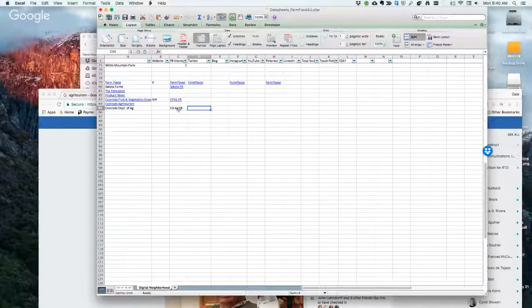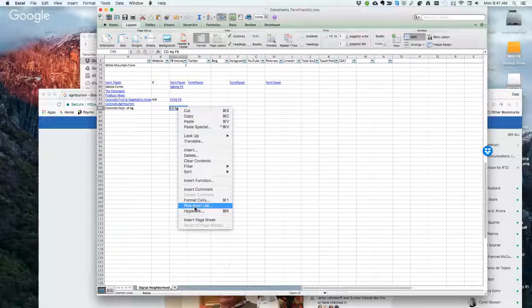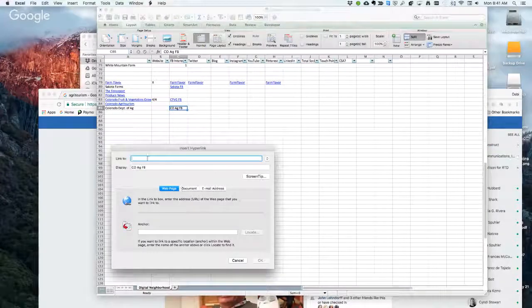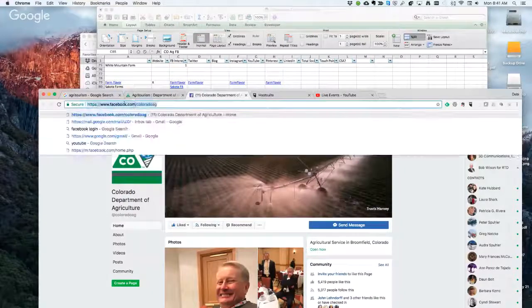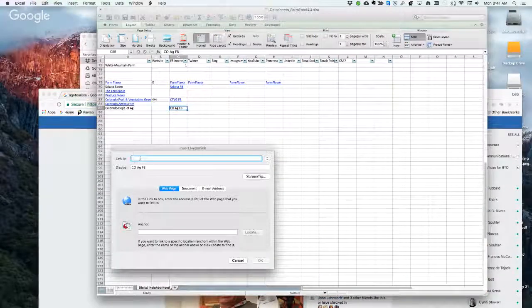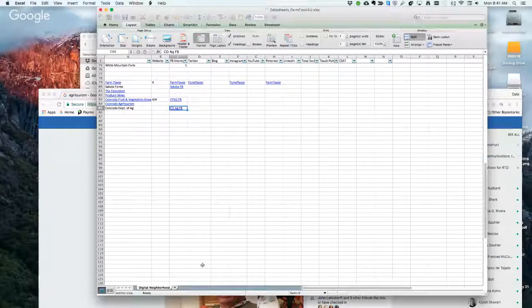Remember, I just grabbed that URL. No, that's not a URL. I don't know what I copied. Oh, that's okay. This is what I want to copy. Copy. Check your work. There we go.